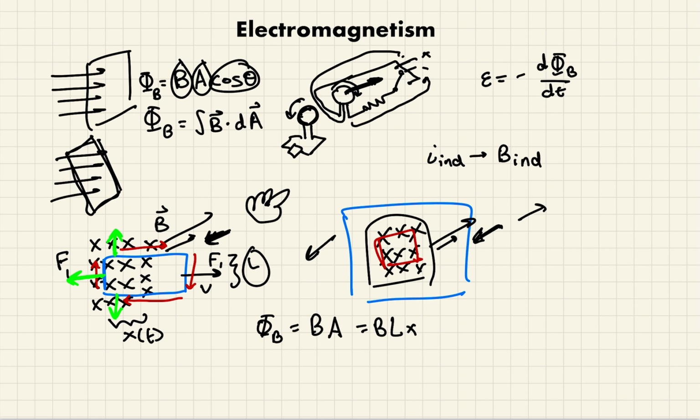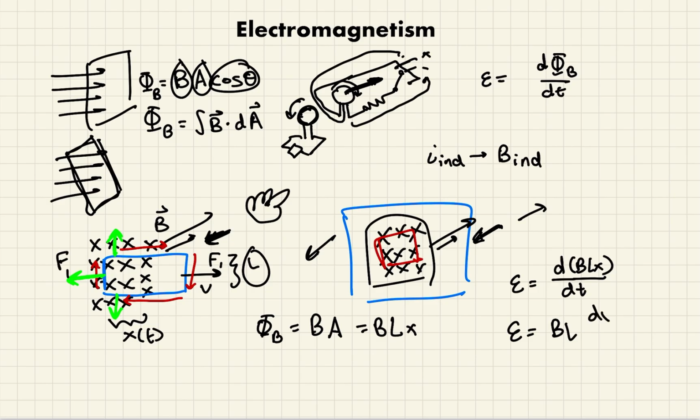So what is the magnitude of the induced EMF? Well, we just use that. Since we need magnitude, we don't really care about this negative sign. And so we just take the derivative of this with respect to time. So EMF is equal to the derivative of BLX with respect to time. Well, B doesn't change with respect to time. We just established it's constant. L also doesn't. You're not changing the size of the loop. X does, though. So the EMF is equal to BL,